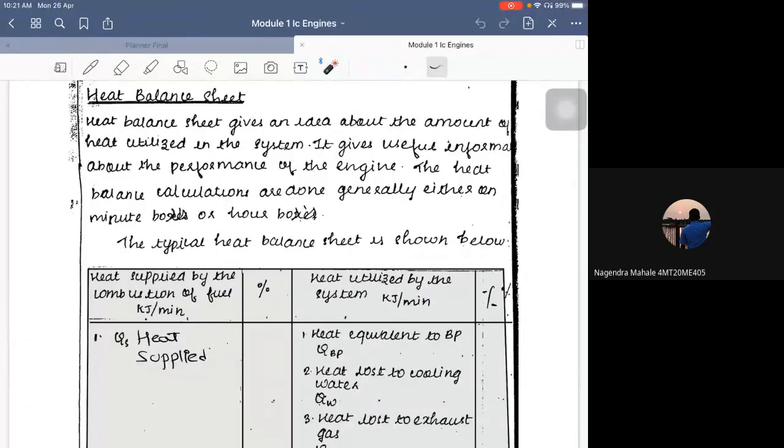So heat balance sheet. By hearing the name, what do you understand by heat balance sheet? Anyone? Aluminium foil, okay. Literally they use foil for insulation. Okay, it is something different, Lucky. What it means is,